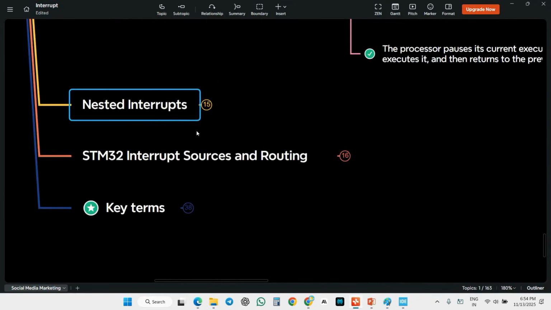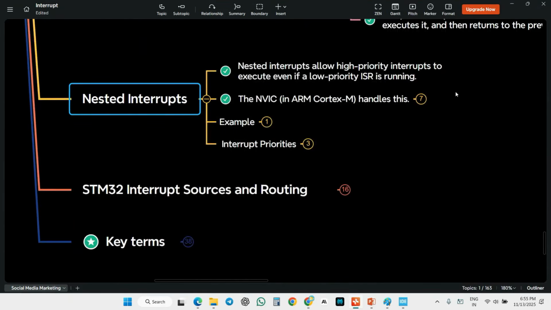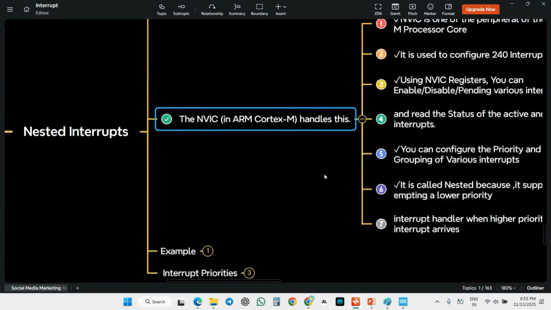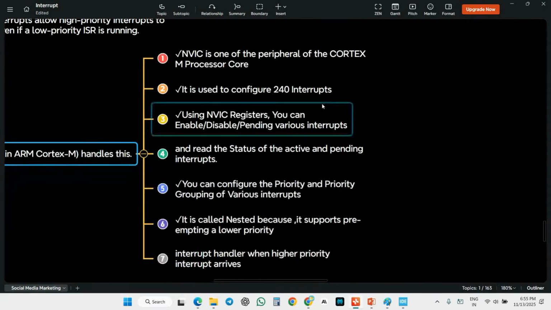Now we are going to discuss a very important thing: nested. What does nested mean? We call it NVIC, the nested vector interrupt controller. Nested interrupts allow a higher priority interrupt to execute even while a lower priority ISR is running. What it actually means, we will see step by step, line by line. First of all,